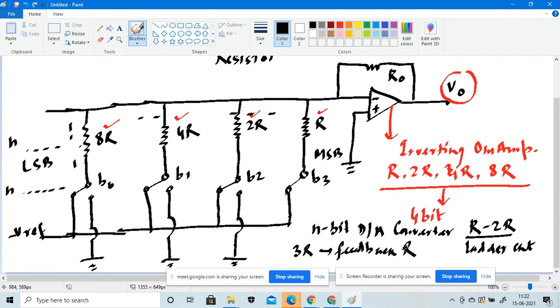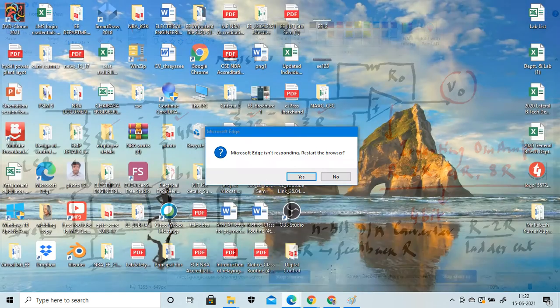So all the resistors that will be involved in this circuit are either R or 2R. Okay, so that means using this particular weighted resistor network we have a greater level of accuracy, or a high level of accuracy, that can be achieved during the process. Okay, so if we are using this particular resistor, what will be my output voltage? Okay, what will be my output voltage, because we are considering n number of bits. So if I consider n number of bits, so suppose this will be open, I think.